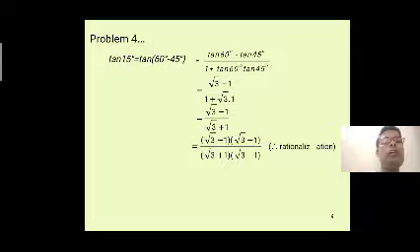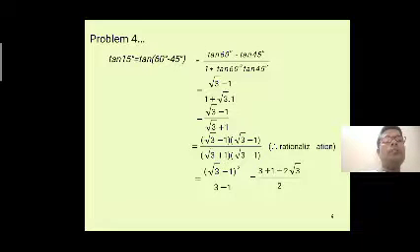Now we have to do the rationalization. How to do the rationalization? In the denominator part we take the opposite sign, root 3 minus 1 by root 3 minus 1. We get root 3 minus 1 whole square by 3 minus 1. That is equal to 3 plus 1 minus 2 root 3 by 2. 3 plus 1 is 4, 4 minus 2 root 3, we take 2 common outside, we get 2 minus root 3. So the value of tan 15 degrees is 2 minus root 3.